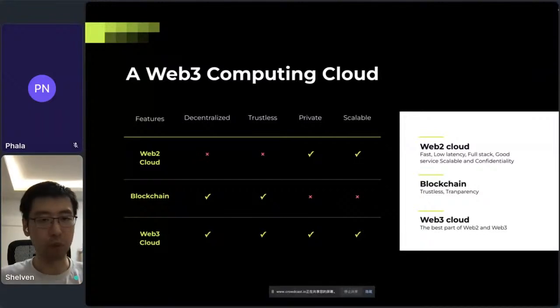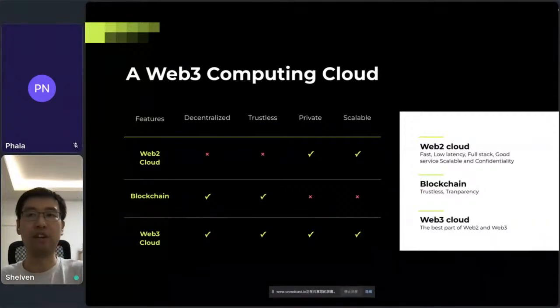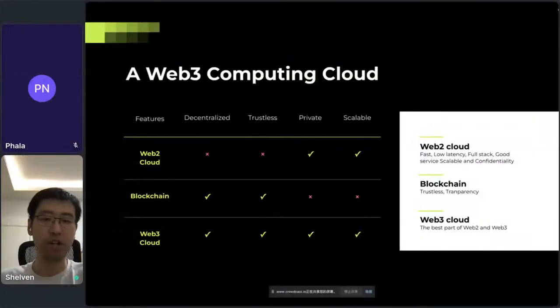On the other hand, blockchain enables people to join, and it's trustless, so everyone has the ability to verify what's going on in the chain. But the problem is that all the data on the blockchain goes public, and with the current system design of the blockchain, the computing power is not scalable. So you can see there is very expensive computation on the current blockchain. But